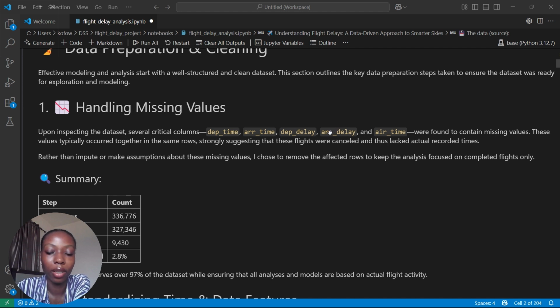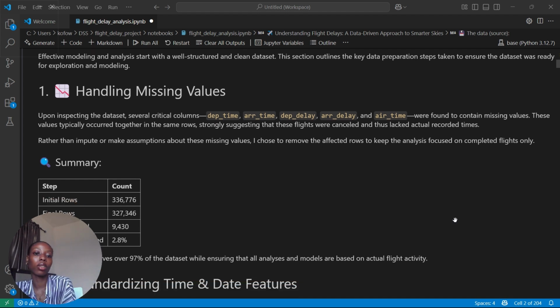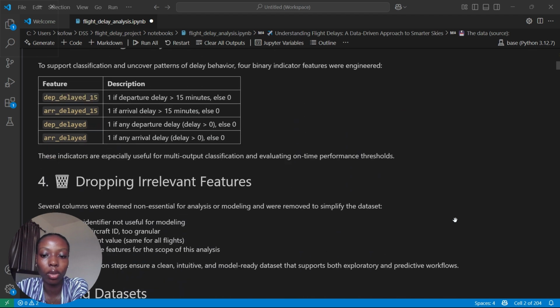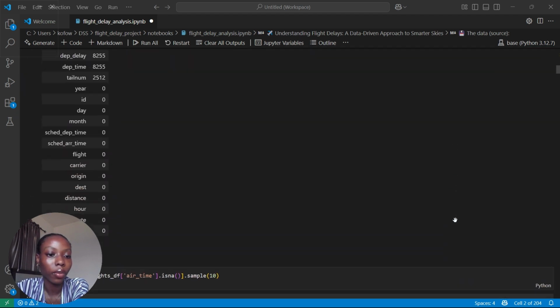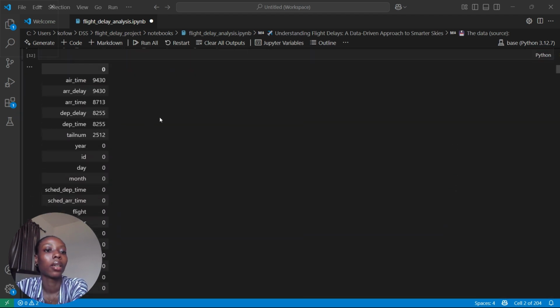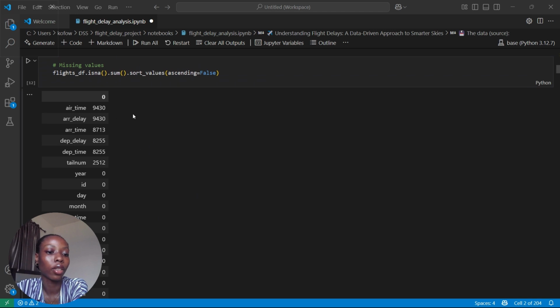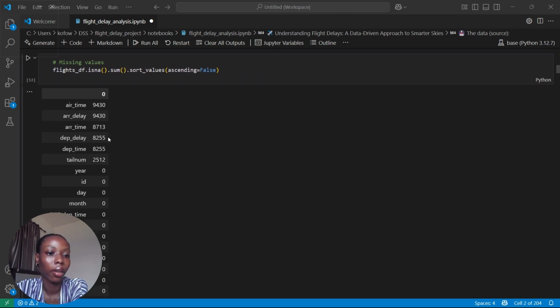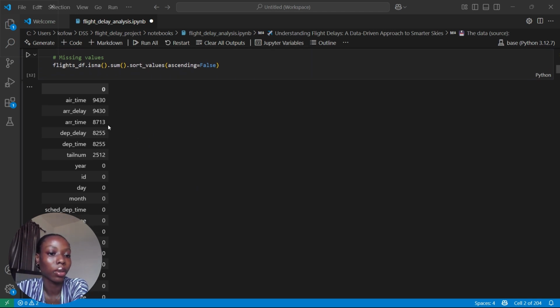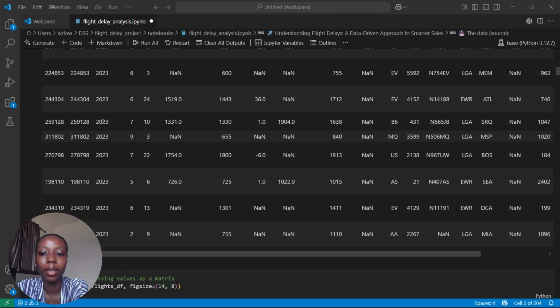for some flight details were missing, and these values were typically missing together in the same row, and this strongly suggested that these flights were cancelled, and so they lacked these recorded times. So let me just scroll down so we can see the missing values here, about 9,000, 9,000, 8,000 here. And I created a